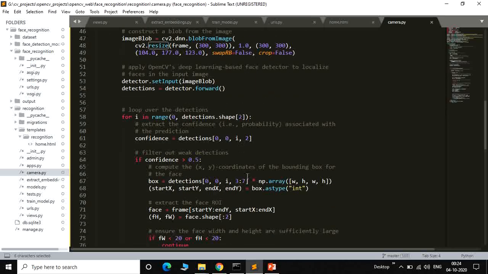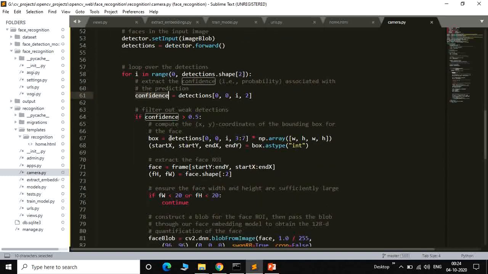Now this is a range function, we go from 0 to the detections range. Now this is the confidence, and the confidence should be greater than 0.5. The detection has the value we pass here, and that way we check the face.